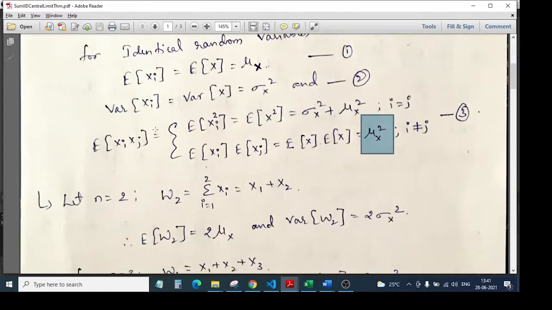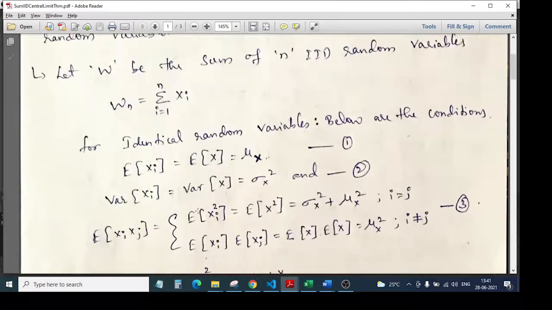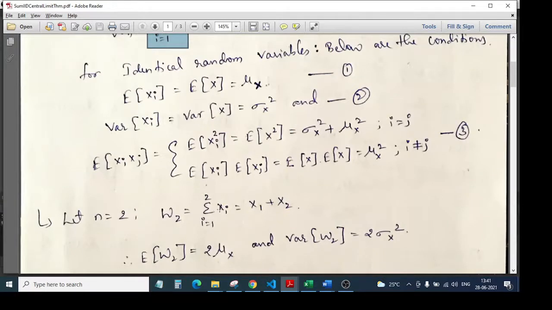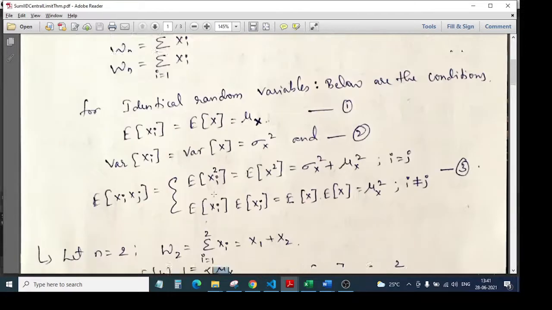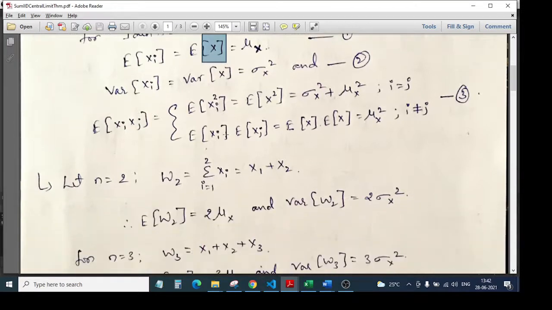So this is the first condition, n is equal to 1. Now let us assume that n is equal to 2. So when n is equal to 2, what is happening? You just need to remember this formula, i is equal to 1 to n. Instead of n we have 2 here, so it is 1 to 2 and xi. That means we have x1 and x2, so just add these two terms. It comes out to be 2 mu x, and here it comes out to be 2 sigma square of x. Why is it mu x? Because we have treated x1 and x2 as nothing but x. We have treated them as x itself.